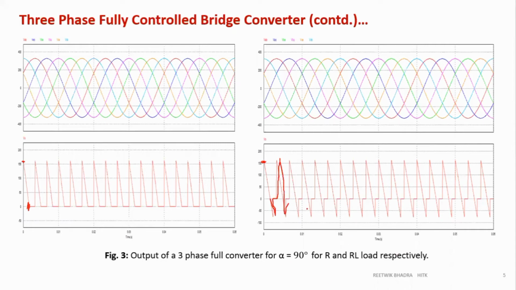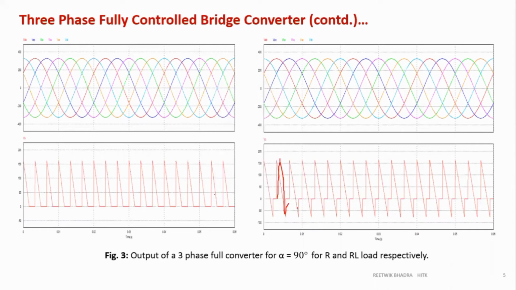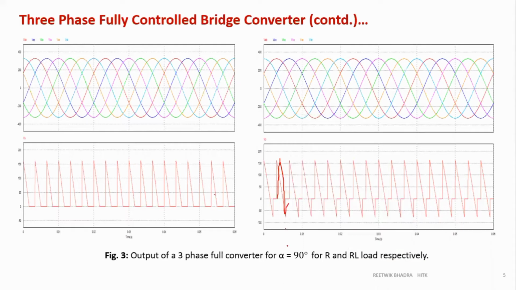This is all simulation results I am showing you. In the book also you will get the same waveform, but I think I have not taken the waveform from books, and I think if I show you the simulation results, it will be better. That's why I have shown the simulation results. So the negative portion is what you are seeing over here. Now, how is this negative portion dependent? It depends upon your value of L.